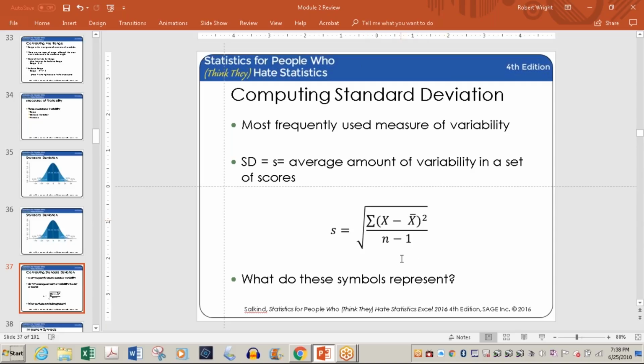Alrighty. So for this formula, you're looking at several things. First of all, the S equals standard deviation, sometimes shown as lowercase sigma. The uppercase sigma tells you to find the sum of what follows. And the sum is x minus x bar, where x is each individual score, test score, age, whatever, and x bar is the mean of all the scores in the sample. Then you divide that by n minus 1. N, remember, small n is what?